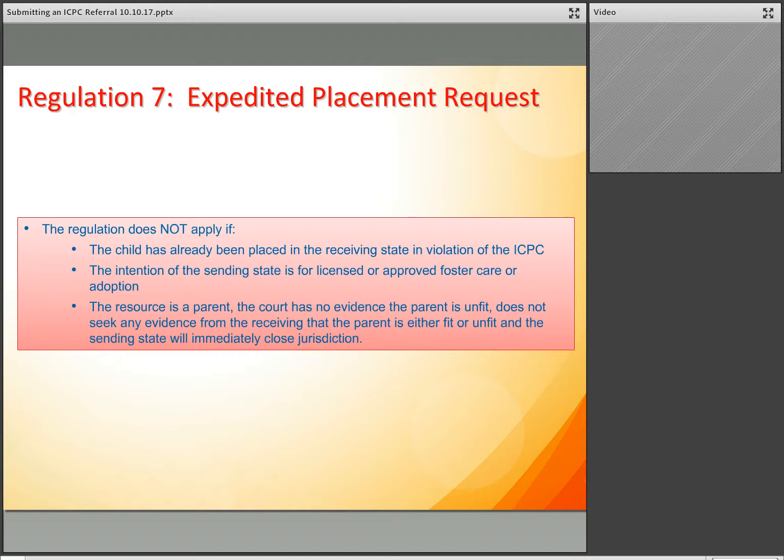It will also not apply if the resource is a parent and the court has no evidence that the parent is unfit, does not seek any evidence from the receiving state that the parent is fit, and the sending state will immediately close jurisdiction. If you remember from the Understanding ICPC webinar, these placements are not subject to the ICPC.